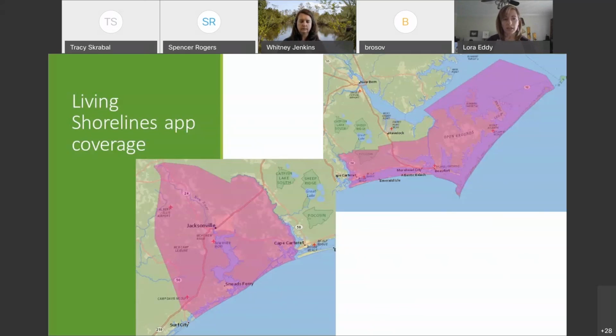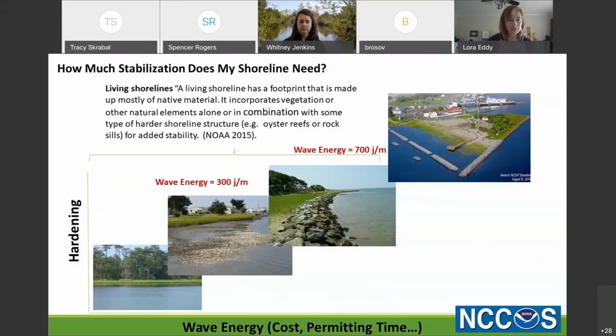And I just want to point out here, remember, these are shorelines. We're not stopping erosion. We're just trying to slow or stabilize it, because erosion is a natural process. It's something that we see along all our shorelines. Okay, so as far as